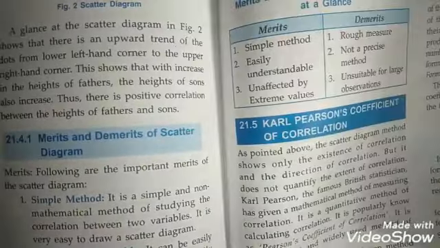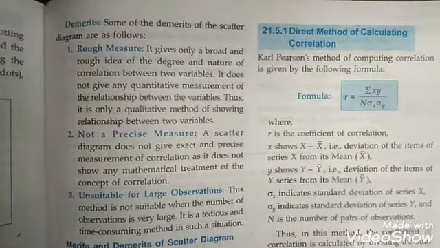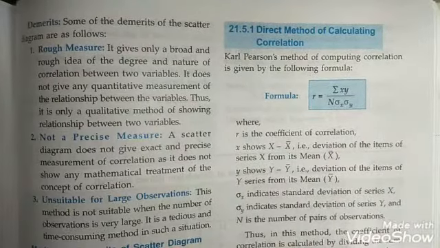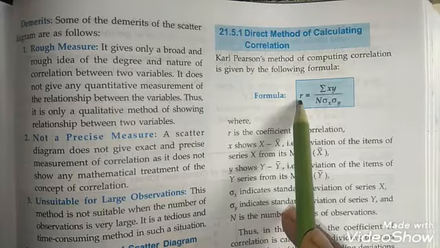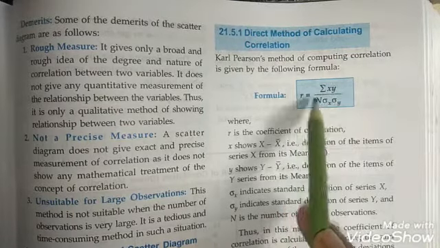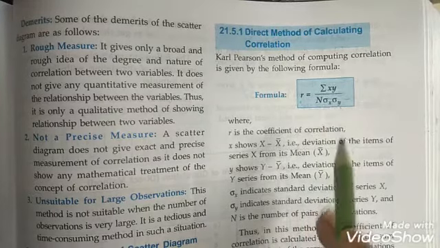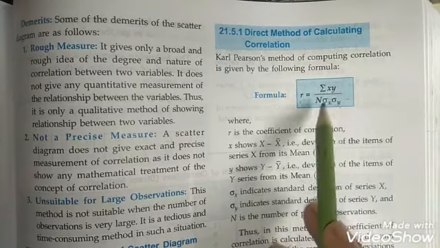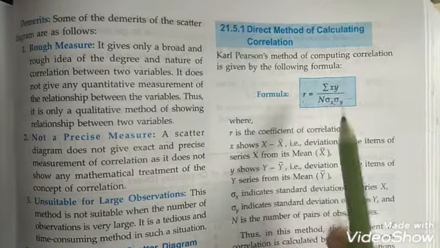And now children, the next thing that we are going to do is the Karl Pearson's coefficient of correlation. Now when we talk about Karl Pearson's coefficient of correlation, the first thing over here is the direct method of calculating correlation. In the direct method, the formula for correlation, which is represented by small r, is equal to summation xy upon n standard deviation x into standard deviation y. Now this is the sign for standard deviation. Standard deviation, children, you've not done as such because that was not in your new revised syllabus, but for understanding this thing we are going to do it over here.